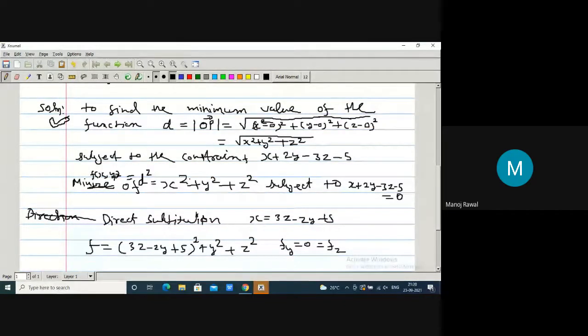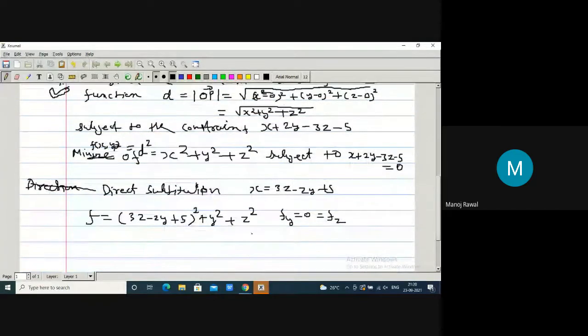Have you got it? We are just getting an idea of how direct substitution can also be applied if a constraint is given. Are you getting my point? You can convert this in terms of other variables also. Take y from here, or you can take the value of z also. But now, can you not proceed with the second partial test? Cannot you apply the second partial test over this now, students? So we can do that. This is known as direct substitution.